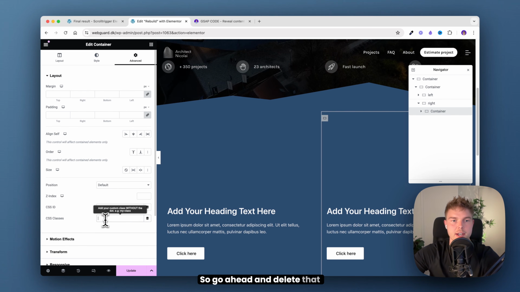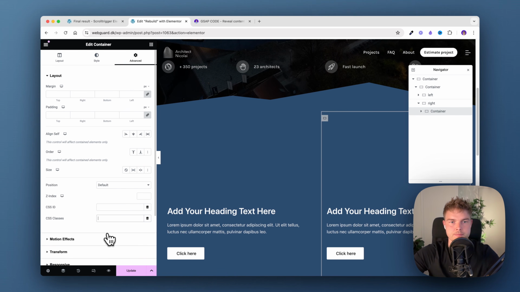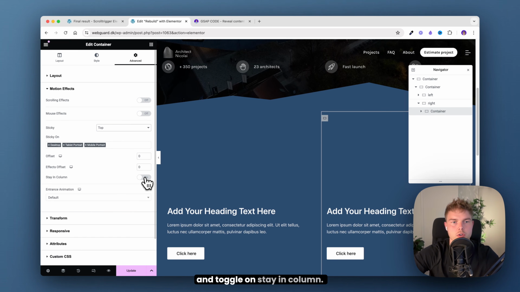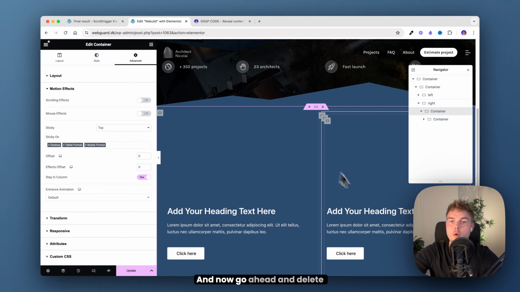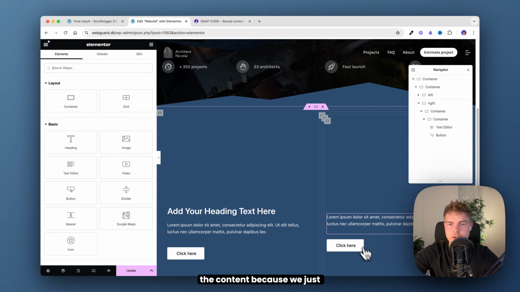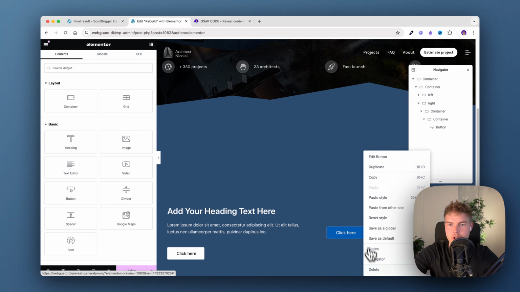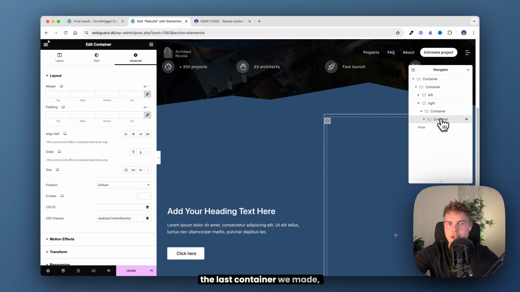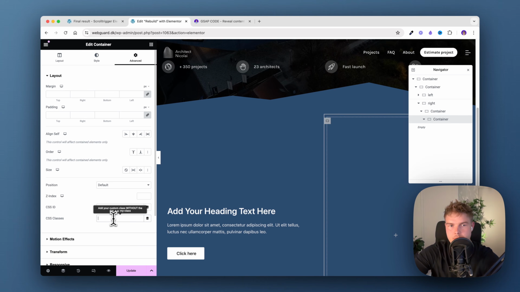So go ahead and delete that and just leave it empty. And then go into motion effects and activate the sticky at the top and toggle on stay in column. And now go ahead and delete the content because we just want an image inside. And also remember to click on the container, the last container we made, and delete this old CSS class and